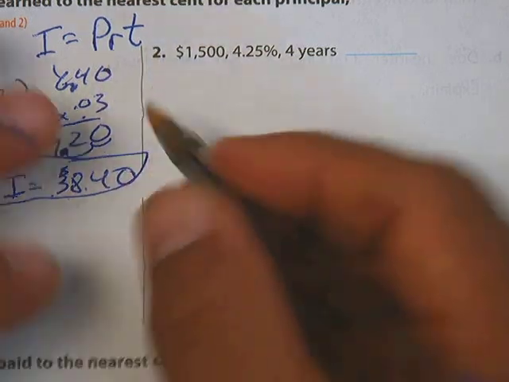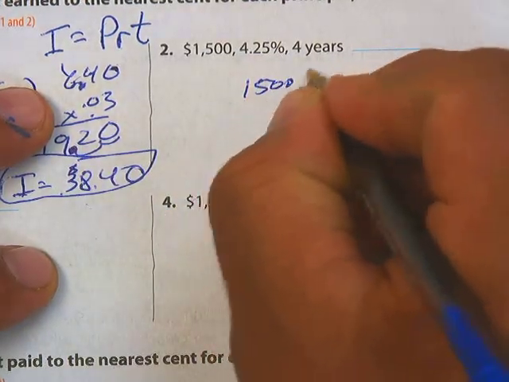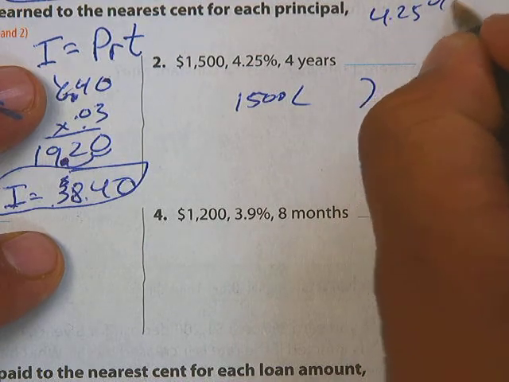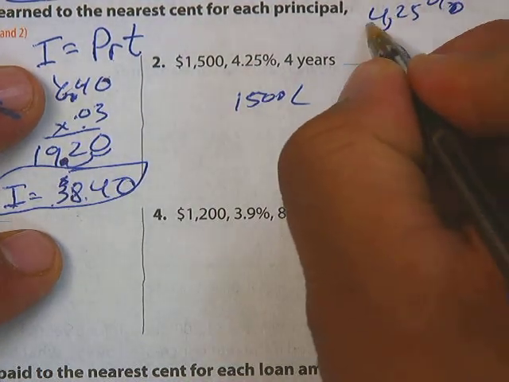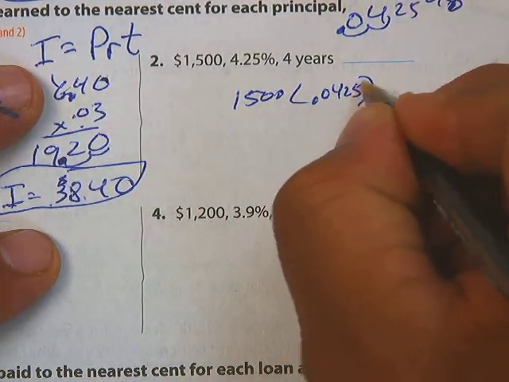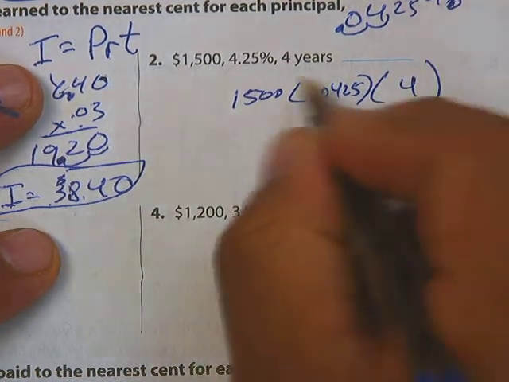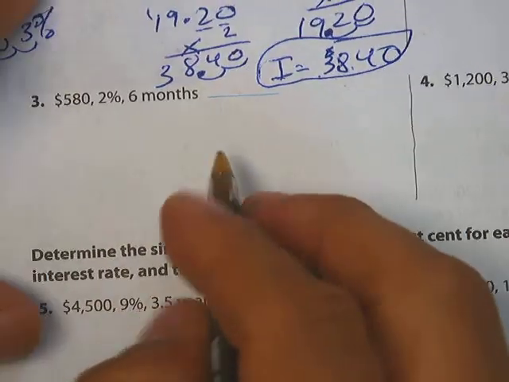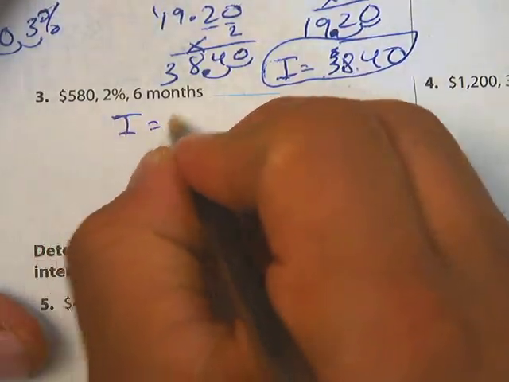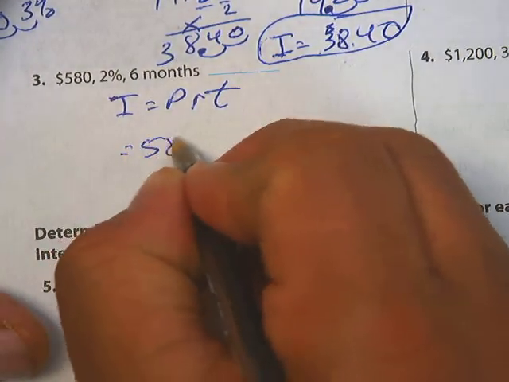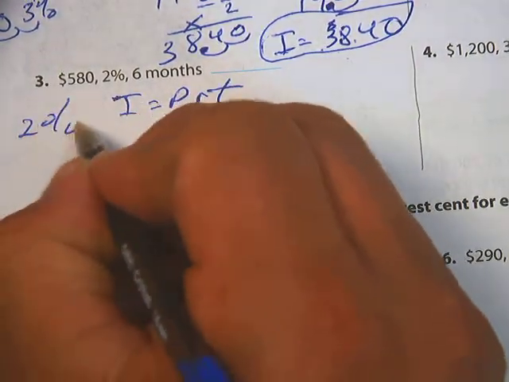Okay, again, same thing. Use the same equation. Okay, so 1,500 times, convert the 4.25% to a decimal, 1, 2, and so you get 0.0425 times, and it's already in years, so then just multiply it out and you get the answer. Okay, now I'm going to go to number 3. Again, you're going to use this. Okay, 580,